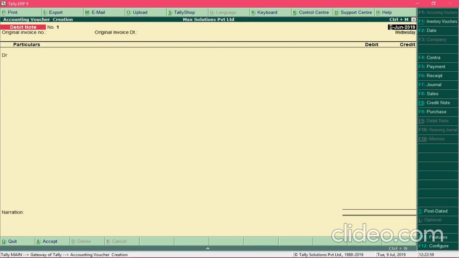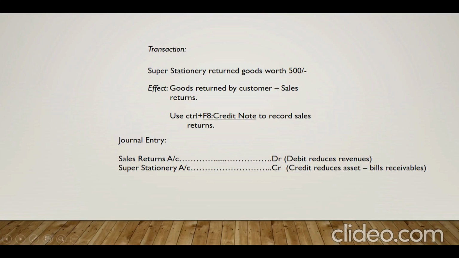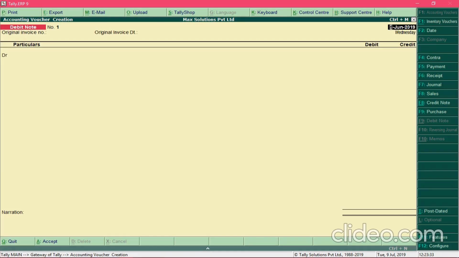Now let's record the next transaction, which is a sales returns transaction. To record sales returns, press Ctrl F8. The screen for credit note voucher will appear. Change the date of the voucher entry date, which is 18th of January 2020.